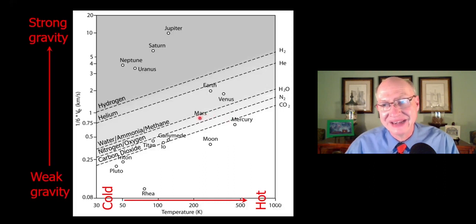Mars, on the other hand, is a really interesting case here because Mars is cooler than the Earth, but its escape velocity is a lot lower because Mars is a lot less massive. So obviously Mars cannot hold on to hydrogen and helium, but Mars can also not hold on to water vapor. Water vapor will be lost from the Martian atmosphere, and that gives us a hint as to why Mars is